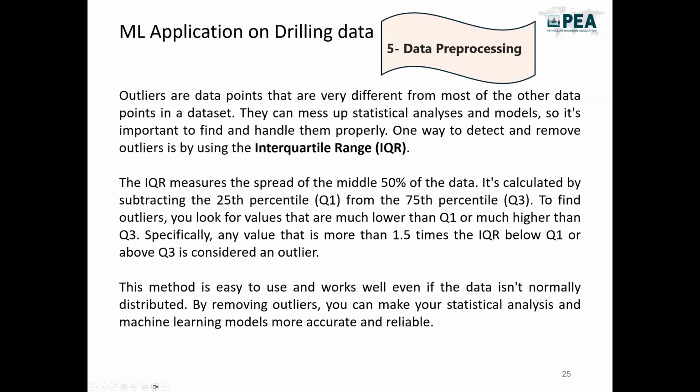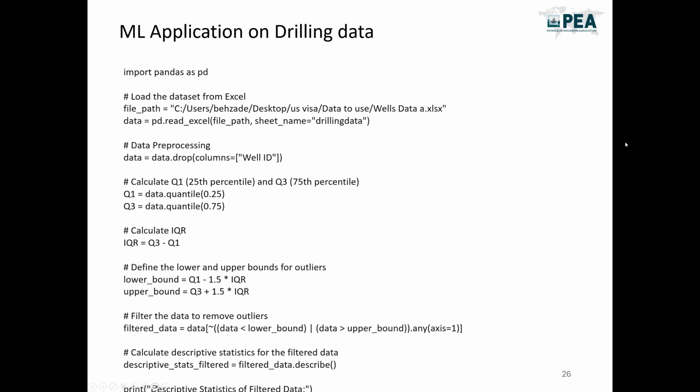Now we want to get rid of the much lower data points, lower than the 25%, or those much higher than the 75%, in the upper bound. If they're outside of this range, by using this method, we're going to chop them off and remove them from our data set. To do that, you need to use this formula, which is 1.5 times the IQR below Q1 or above Q3. For doing that,